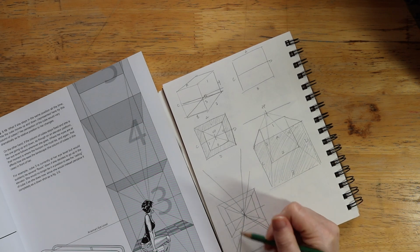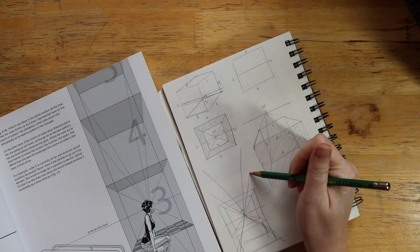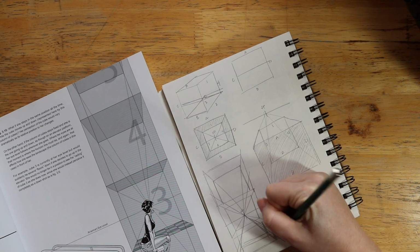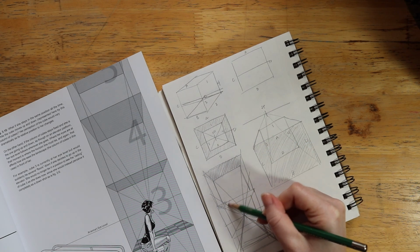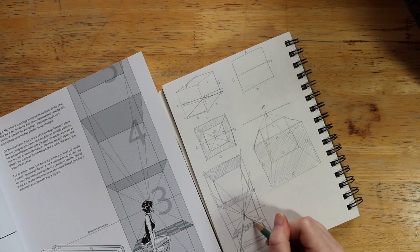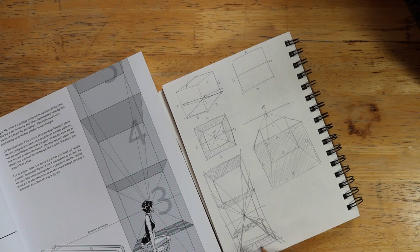I clearly understand the basics: this line comes out from the center, and anything above the horizon line, you see the bottom of it; anything below the horizon line, you see the top of it. However, constructing those shapes according to where the horizon line is and the lines coming out of it, I guess perspective lines, is something that I am still very, very shaky on. And I just lack the confidence that I really need to put the line down, leave it alone, and make